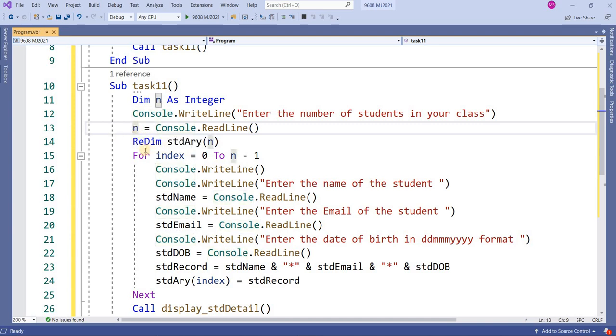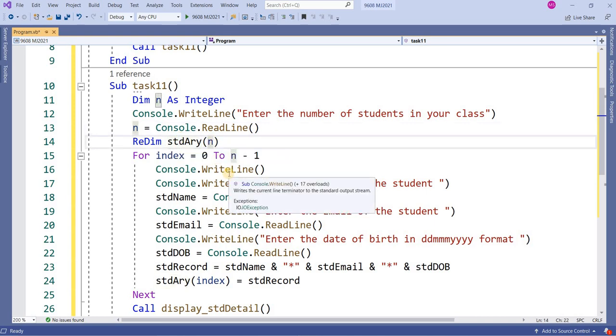After this, here I will redim because I want to use a dynamic array. That's why I have used redim, and this is the array name and this is the number, the length of the students, or the strength of the students.